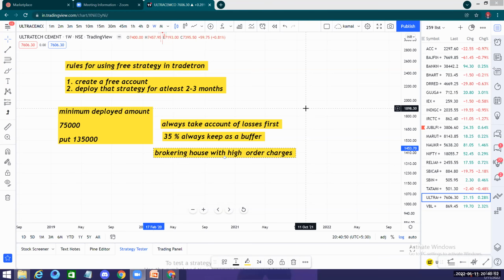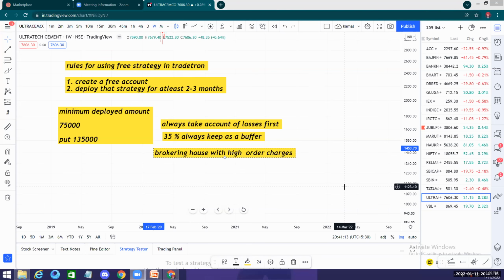Doing a trade of nearly 22 lakhs on either side, which makes it 44 lakhs, I end up paying a brokerage of only nearly 1,000 rupees per day. So I do account for the brokerage I'm paying to my broking house. I am very calculative when I'm doing all these things.